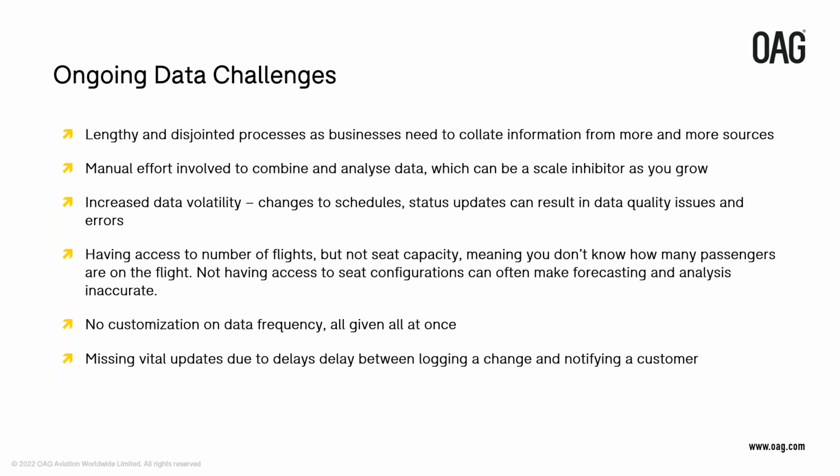So we looked at all of these challenges. We've been working with customers doing extensive market testing and validation. We've had development partner feedback over the last couple of years, and we've got to the point where we've now built an API that we feel really meets the requirements of all of the different sectors that we know are interested in the data in this particular format, and really eliminates all of those challenges for customers moving forward. I'll pass over to Ross, who's the product director for the API product itself, and he can go into some more detail about how the API works and the data within it.